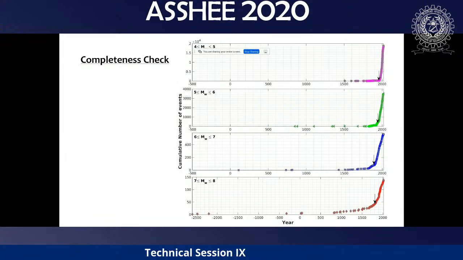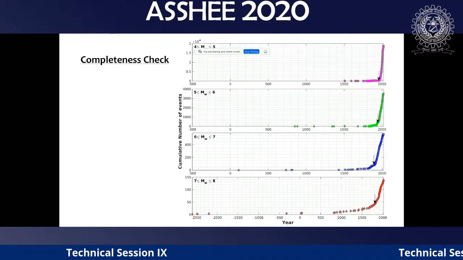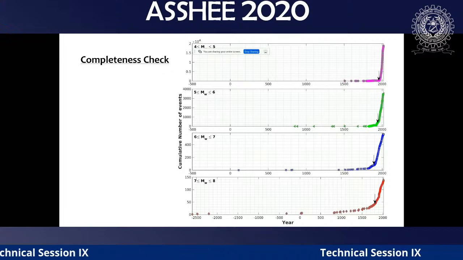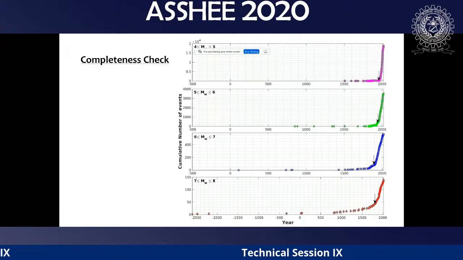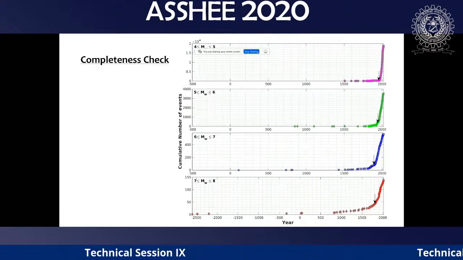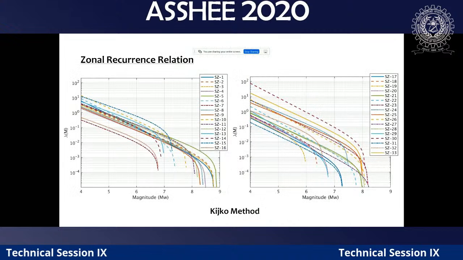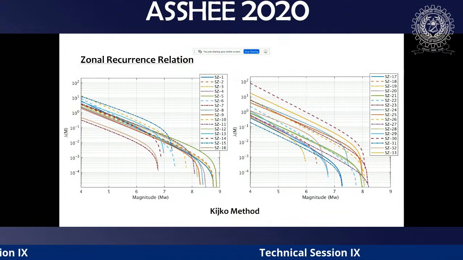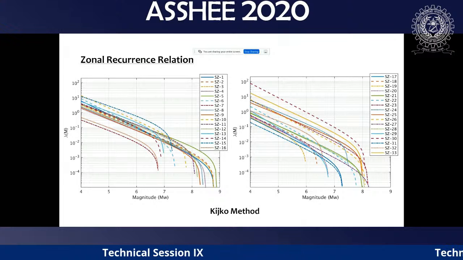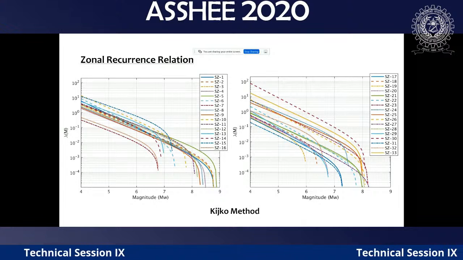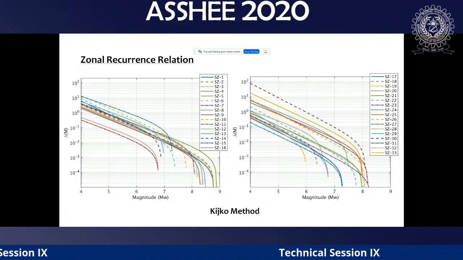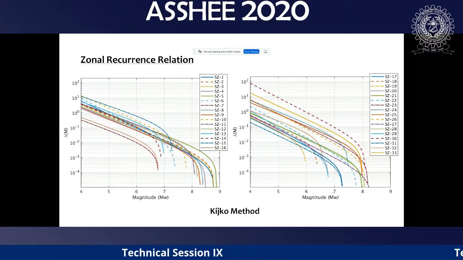Now this is one more method, the visual screening. You plot the cumulative number of events, and where the slope changes, that itself is taken as the completeness. We estimate from all the approaches available in the literature. Once the completeness has been done, now the recurrence. We estimated from Kijko's method, where you can incorporate the complete data and extreme data with all these completeness intervals, and you can get these a and b values and also the maximum magnitudes.